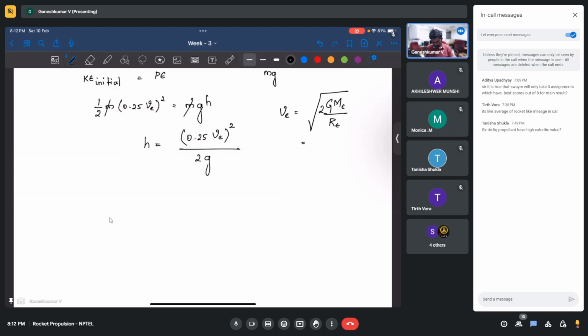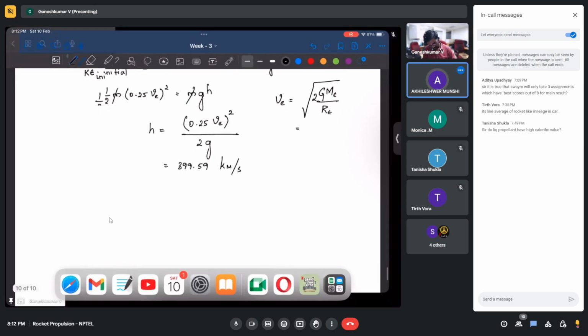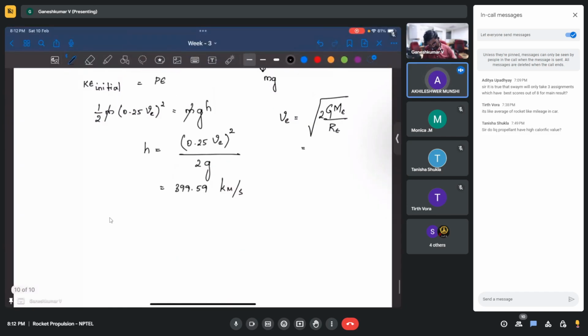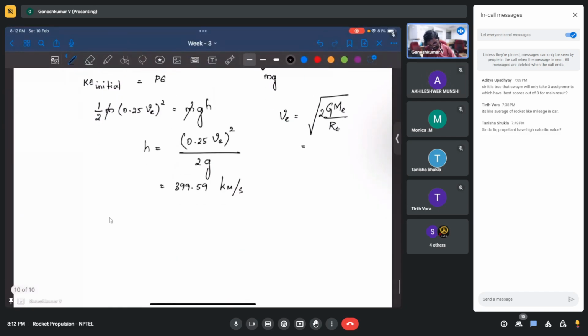11.2 is kilometers per second. 10 per 3 into 9.81. So is this what you are getting, like 399.59 kilometers per second? Yeah, I was getting like 397. So it's given 420 to 430. Yes, sir. Okay, but what we did is we consider g to be 9.81 meters per second square, but